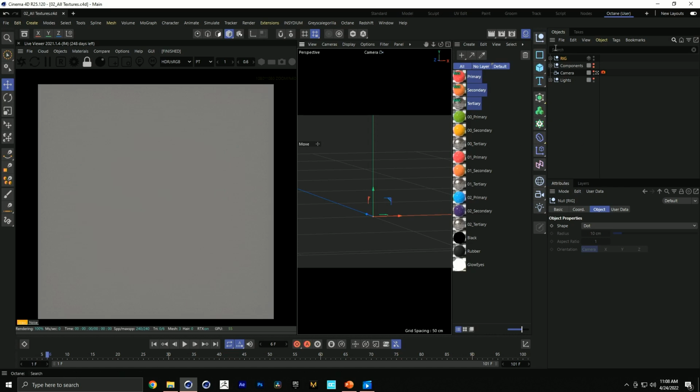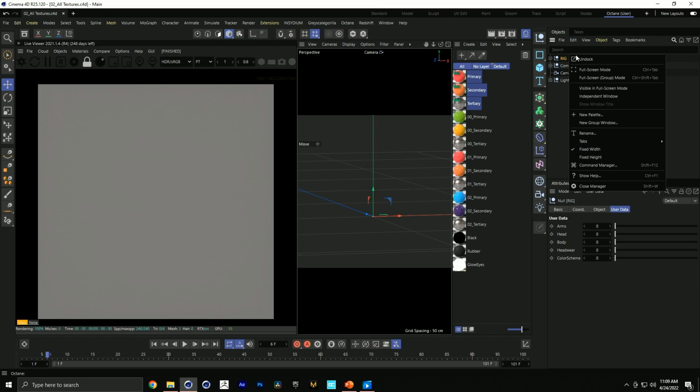So now if you go to that rig null, you'll see this user data input, and you've got these little inputs. This is actually really useful if you don't know about Xpresso or user data. It's nice to have just to be able to control anything you want. So that is good. I think we're moving on to